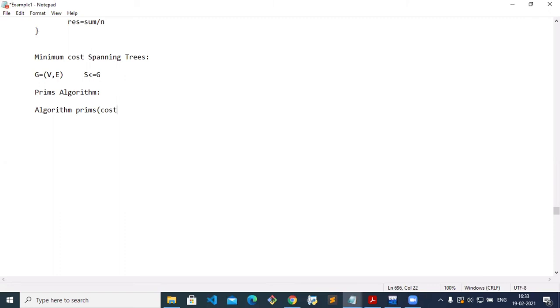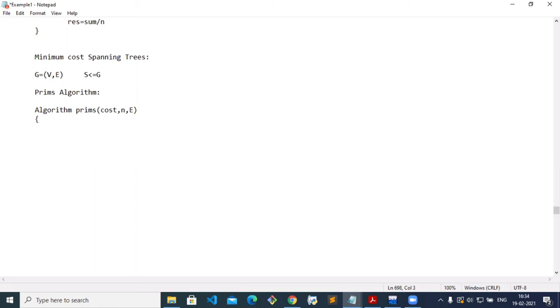See, because we are not able to draw the graph in the program part, or pass the graph as an argument to this. So we are using, yes, roll number 3, very good, we can show the graph in the form of an adjacency matrix. So cost is a two-dimensional matrix. So cost comma n, where n stands for the number of vertices. E is simply for representing the edges. These I am passing as my arguments.